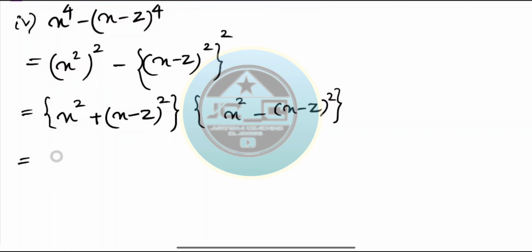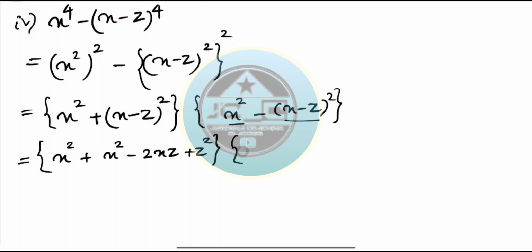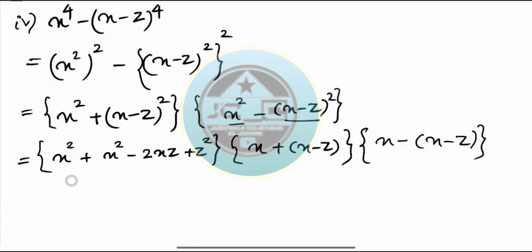So x square plus a minus b whole square is a square minus 2xz plus z square. After that we know that here it is x square minus a square minus b square again. So a plus b again into x minus z whole into x minus z, right? This is 2x square minus 2xz plus z square